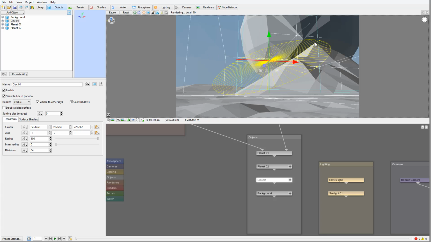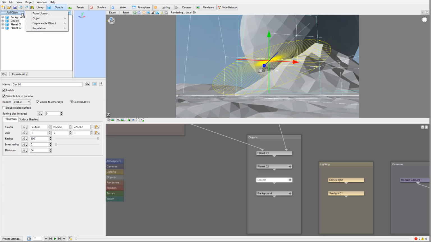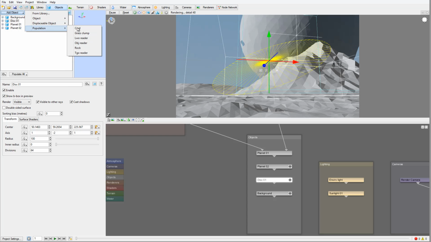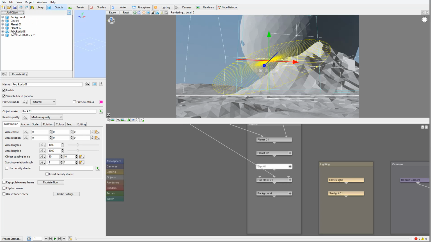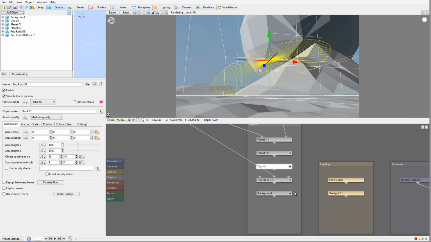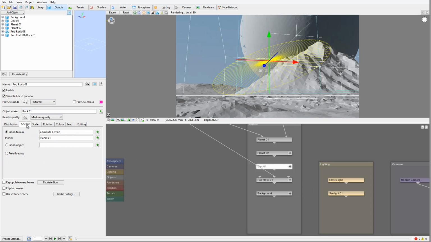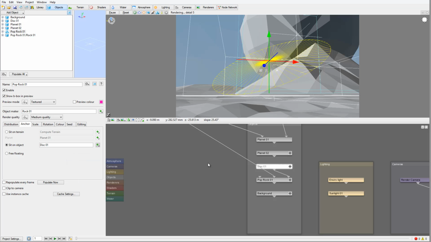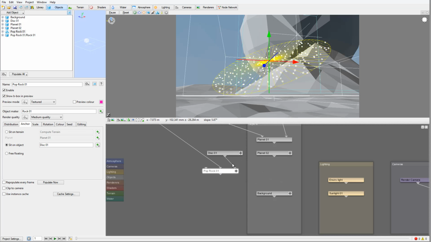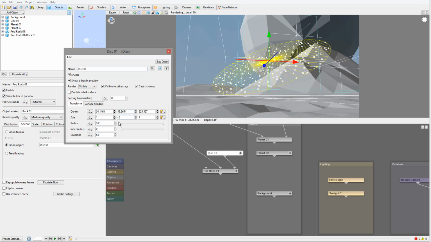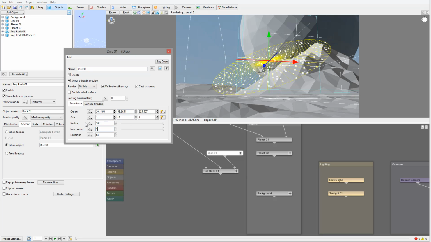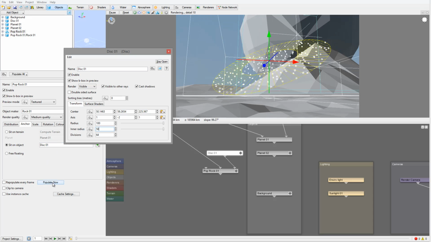We can actually go ahead and add some population to the disk. For example, populations, we can create a rock as a population. And inside the rock population, we can go inside the anchor. It says sit on an object, and we can assign the disk. So of course, if we populate, you'll notice right here we have populations of the properties. So we can move just slightly out. We can preview, and of course inside the disk we can say inner radius 50, just inside right here. Let's populate again,